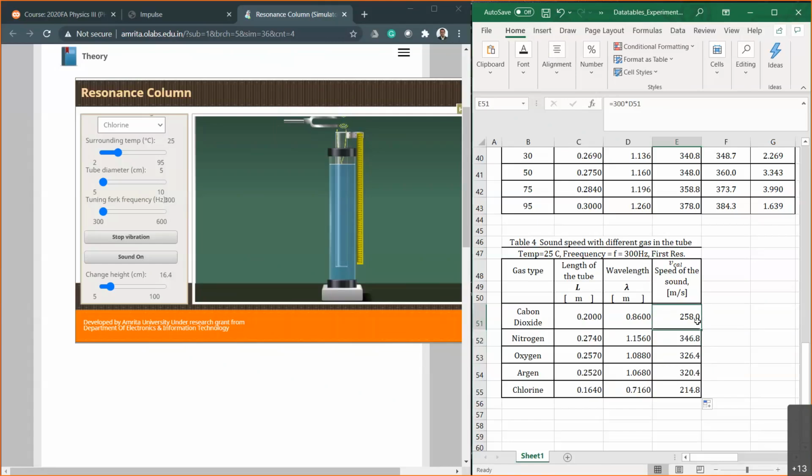And when it goes to carbon dioxide, it's less. And the oxygen is only slightly less because our atmosphere has a lot of oxygen too, right? And the argon is actually close to oxygen, but I don't know the exact reason. Maybe the properties of oxygen and argon. Our atmosphere doesn't have a lot of argon, so argon is not really readily available, I think. And the chlorine also